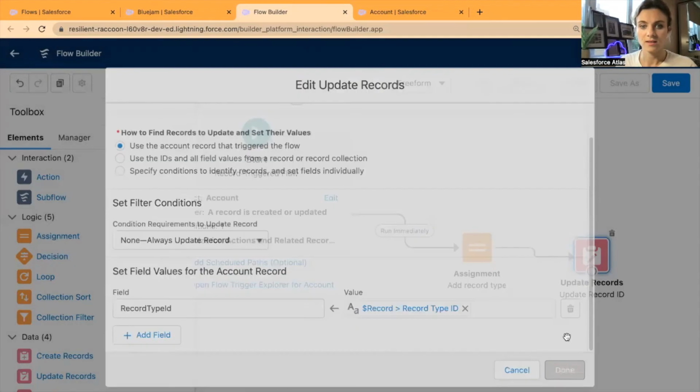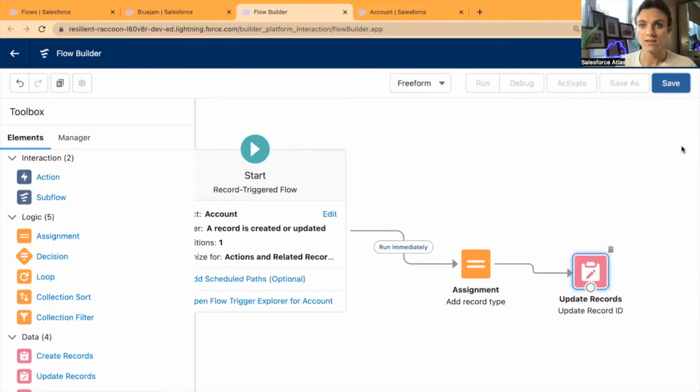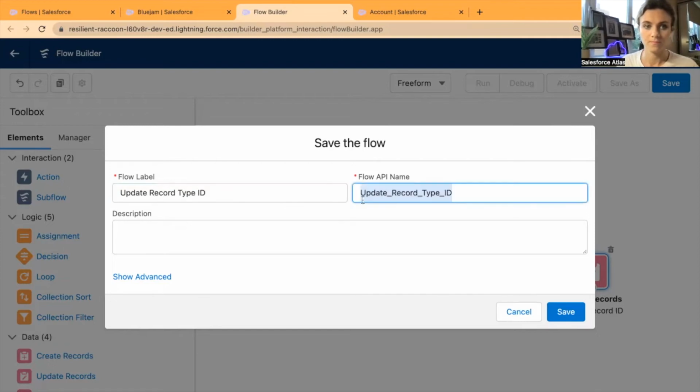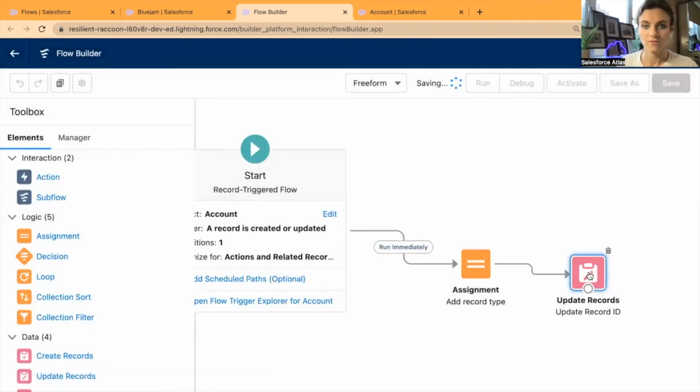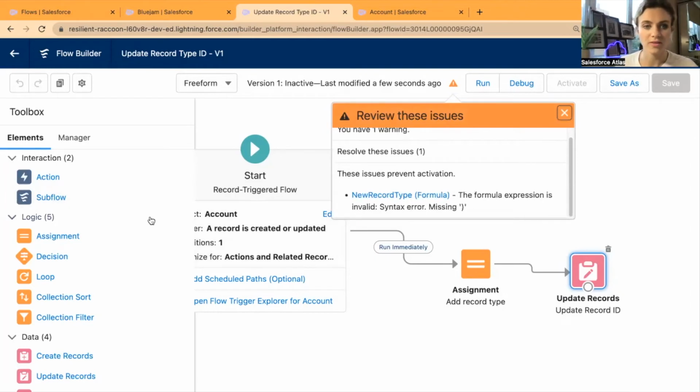And click done, and let's see if this will work. I'm going to select save, and all right, it says that I have one missing parenthesis,